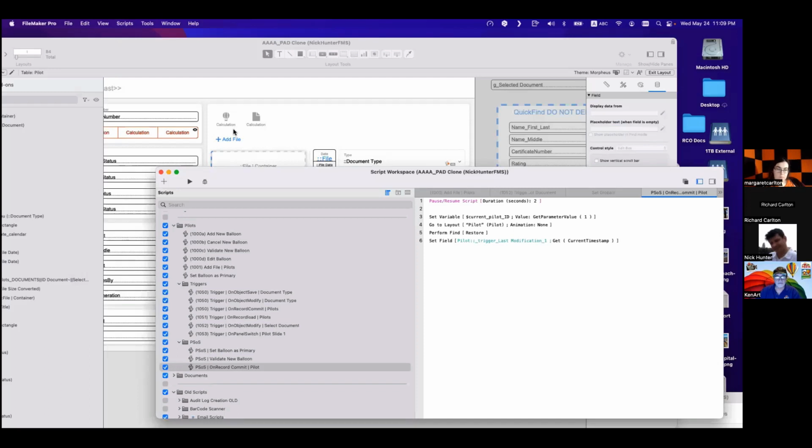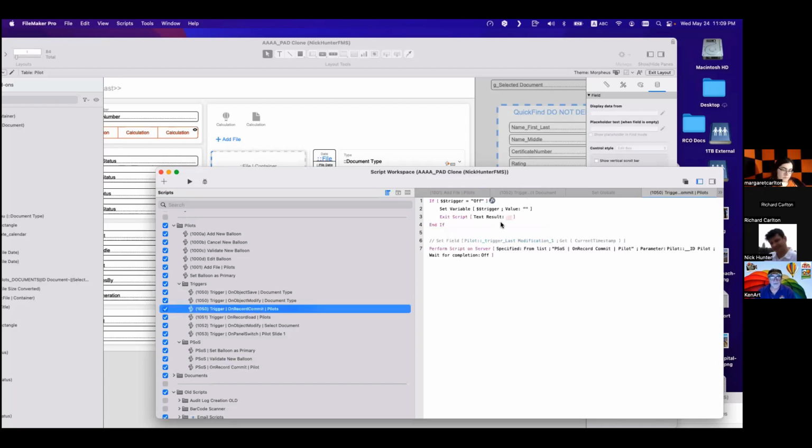The script step, not the trigger, on commit is not after the commit, it is before the commit. So everything that happens on that script is happening before the commit happens. Okay, it's happening during the commit, but the commit didn't happen yet. We start the commit, we do this, and then we commit the record.